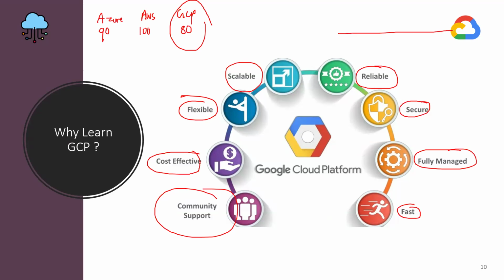So that's the reason most of the companies started using Google Cloud Platform. The main reason they started using GCP is that it provides all of these features at a lesser cost. And when it comes to data engineering, the offerings are more. The number of services for data engineering is more, for each and every requirement. So that's the reason Google Cloud Platform is very favored for data engineering projects.